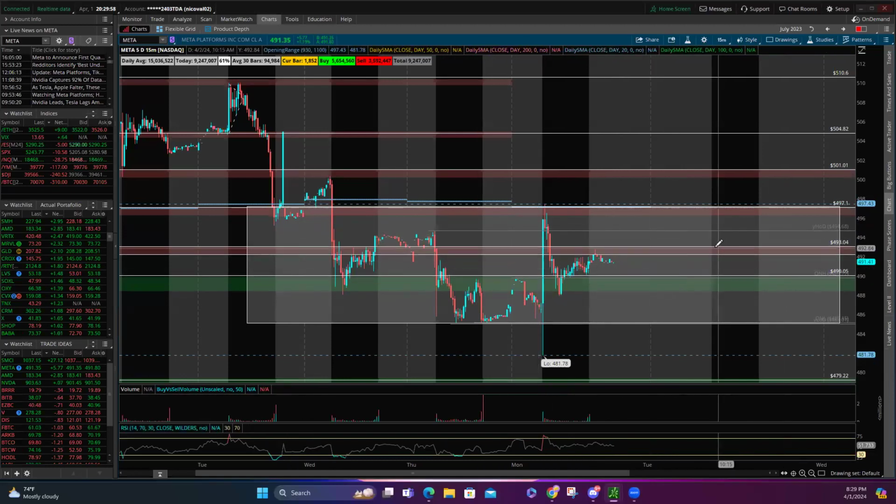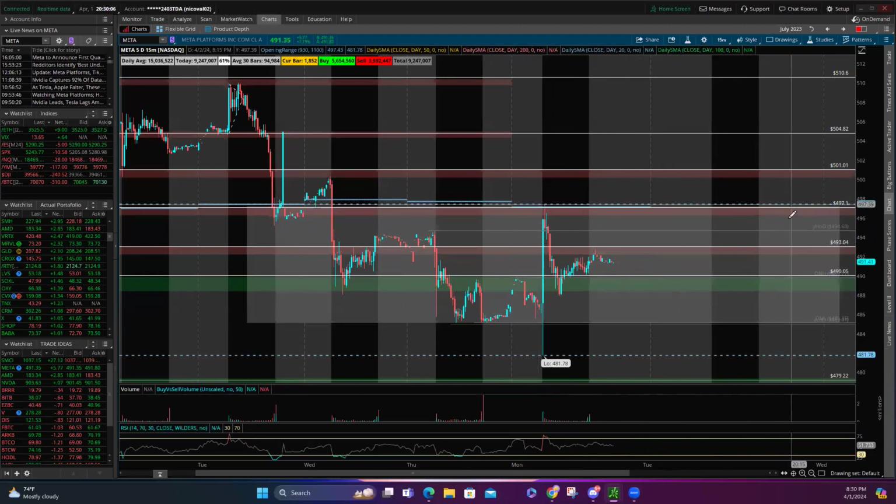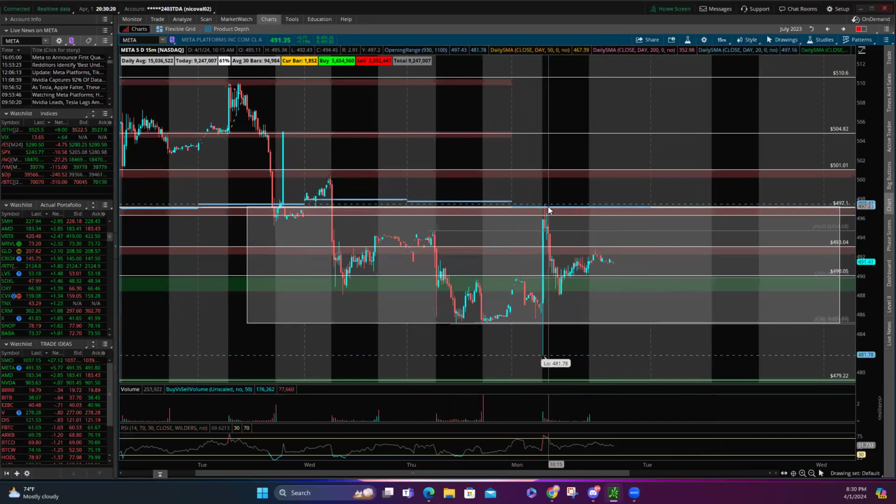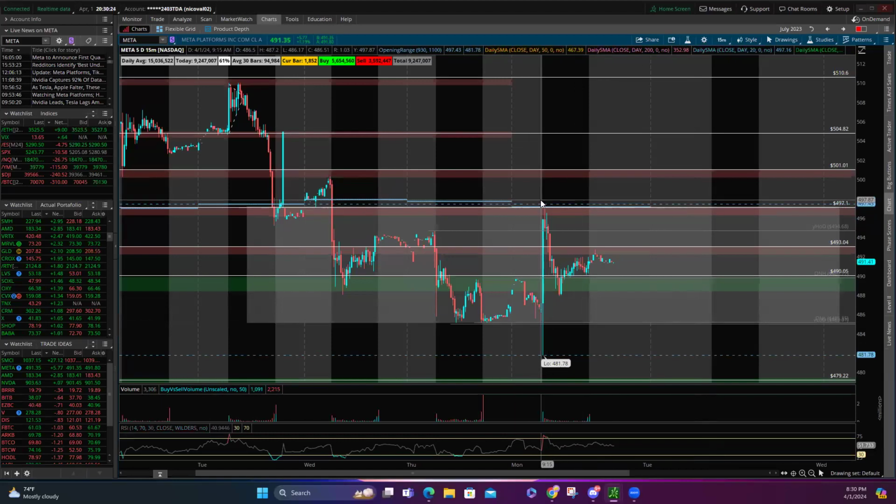I try not to grab anything within levels because I'm at risk of going either side. For me, the RR, the ROI of grabbing this just to be stopped here, or grabbing it in the middle of the channel just to be stopped here, is not worth it, as if I can grab it here and get out here, as happened last week. So this is more of